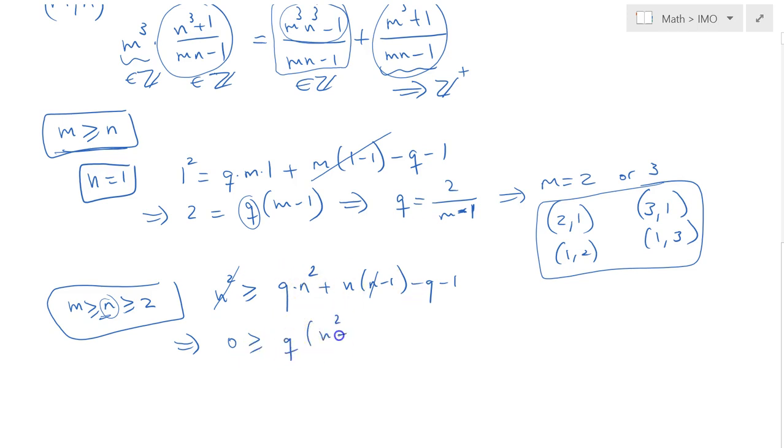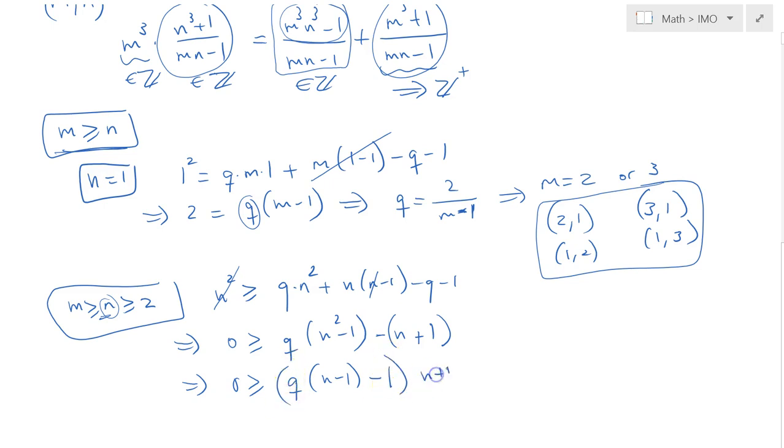We have n squared minus 1, and then here we have minus (n minus 1). So therefore further factoring out the n minus 1, so that would give us 0 is greater than or equal to q times (n minus 1) minus 1